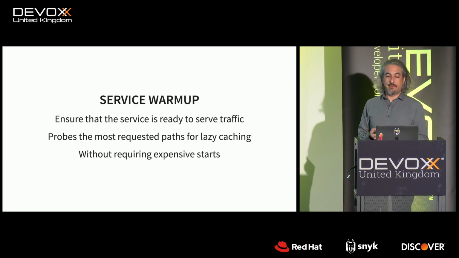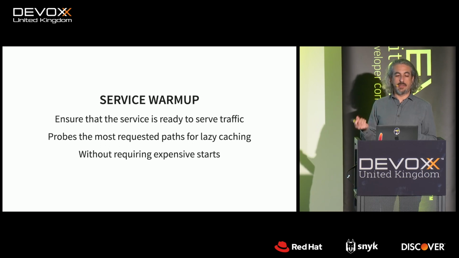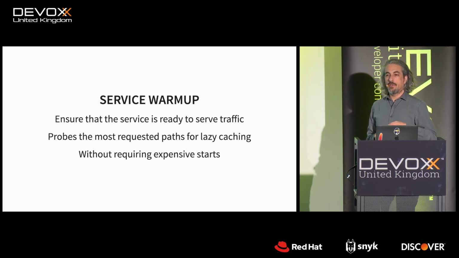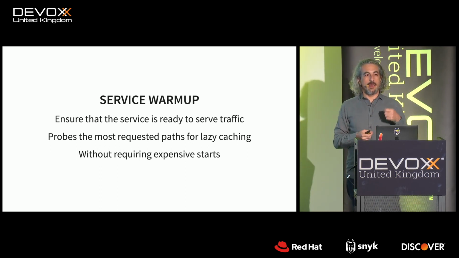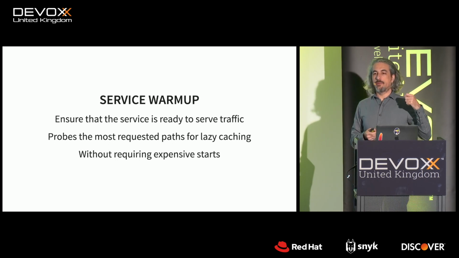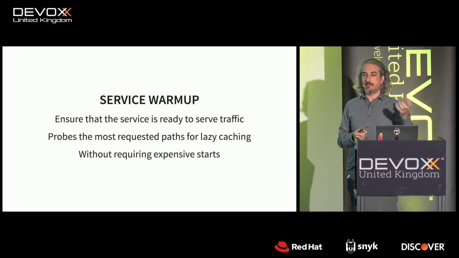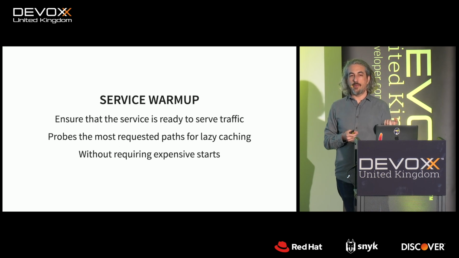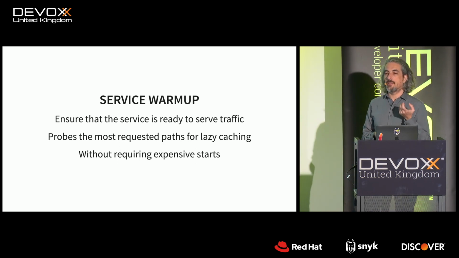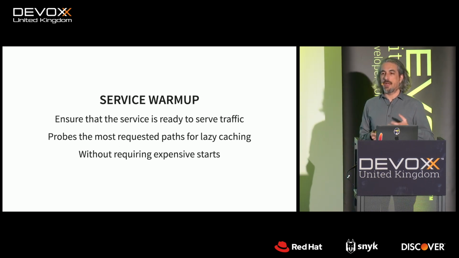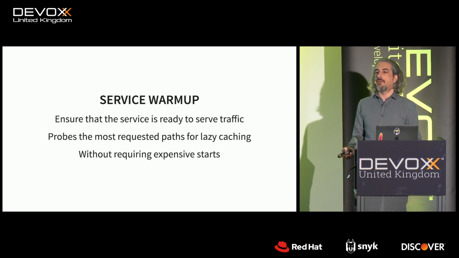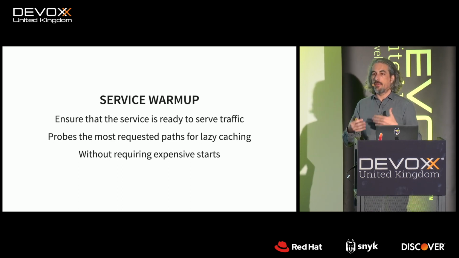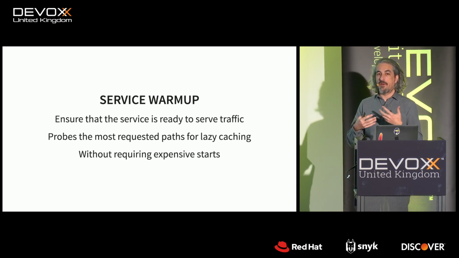One of the sidecars is, for instance, the service warm-up. When you start the container, the service warm-up hits the most popular URLs. It gets the most popular URLs for that environment, hits them to make sure that the cache is populated before saying this pod can take traffic. So it does this lazy caching, and it allows us to have the pods ready for when the traffic is